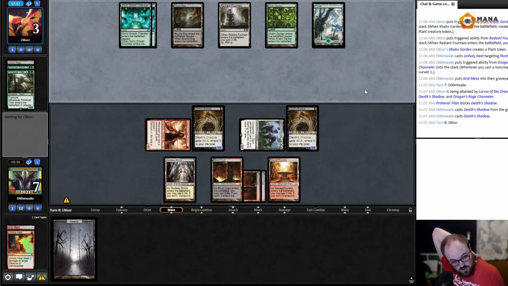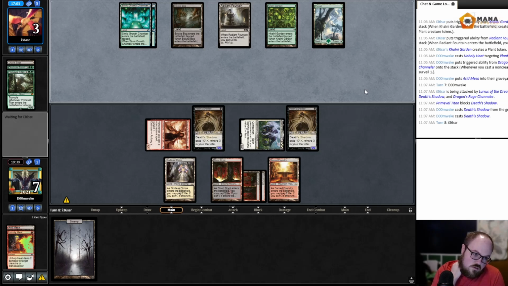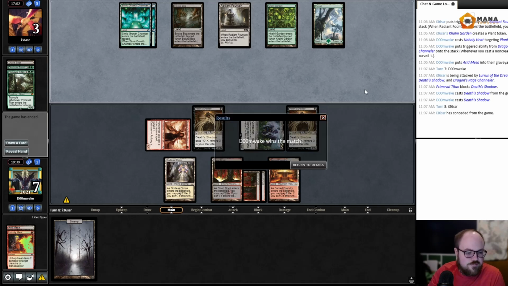Now if they have another Titan, I don't even know if it's good enough, now that we have this wide of a board. So I think even if they have a second Titan, it's probably not good enough. Unless they can get Dryad as well. 2, 4, 5, 6, 7, 8, 9. I think they're a little short. Unless they have Amulet, but...